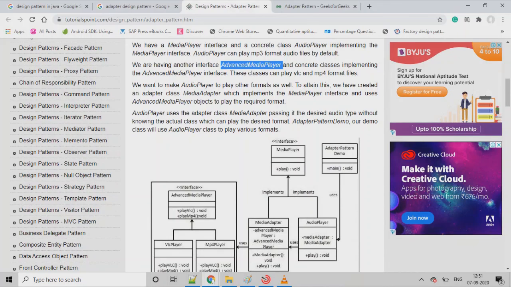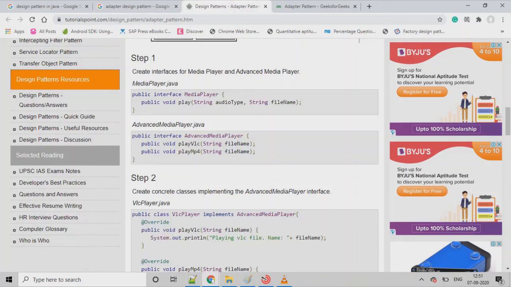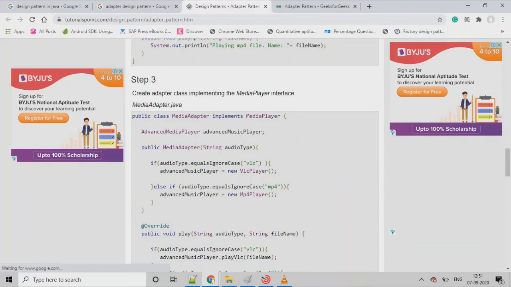So we have a media player interface, which has a concrete class audio player. So you have media player, and audio player implements this media player and can play MP3 format audio files only. So we have another interface which is advanced media player, and its concrete classes are VLC player and MP4 player. So you have two interfaces.